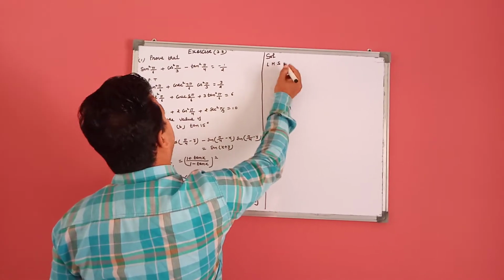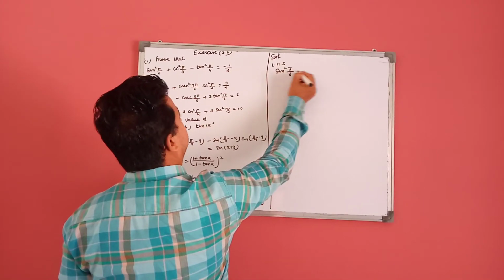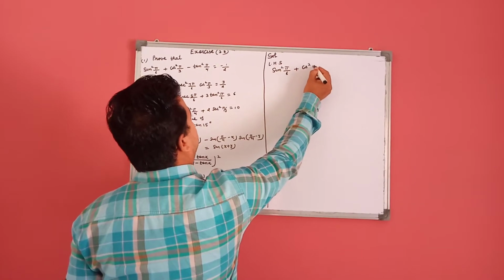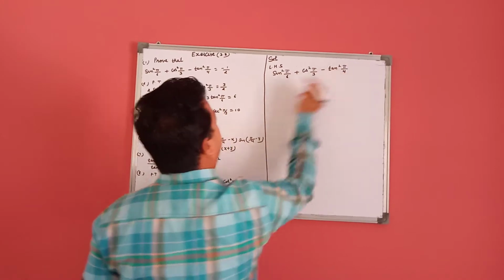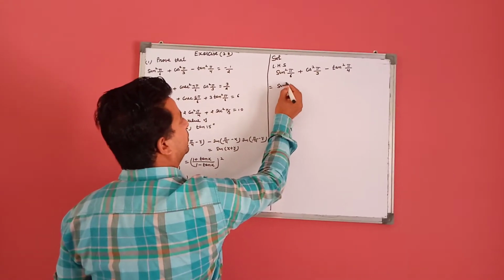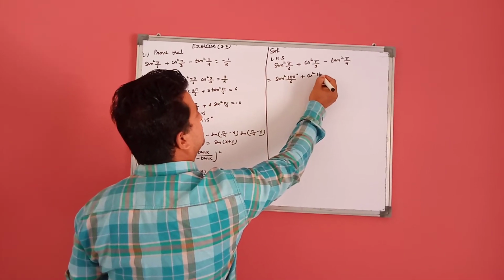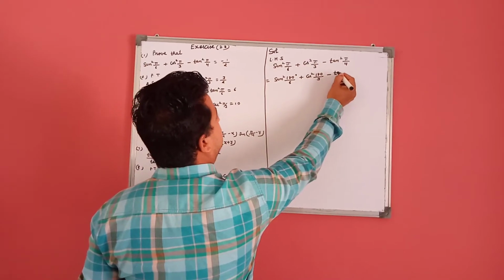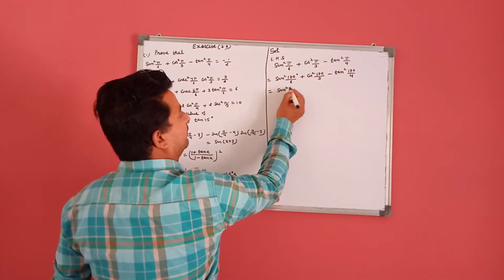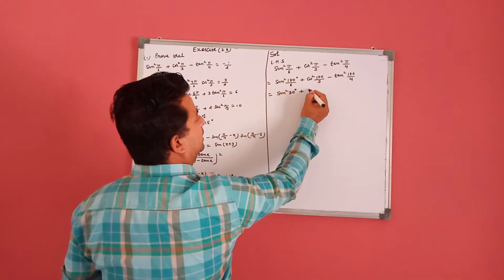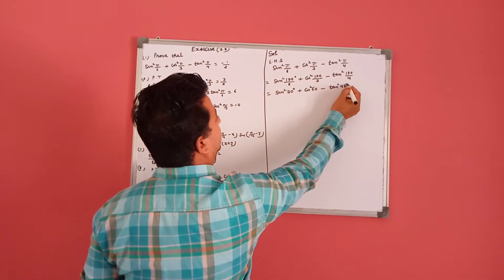In the first question, the left hand side of the equation is sin square pi by 6 plus cos square pi by 3 minus tan square pi by 4. As we know, the value of pi is 180 degrees. So this is 180 upon 6, this is 180 upon 3, and this is tan square 180 by 4. When we cancel, we get sin square 30, cos square 60 and tan square 45 degrees.